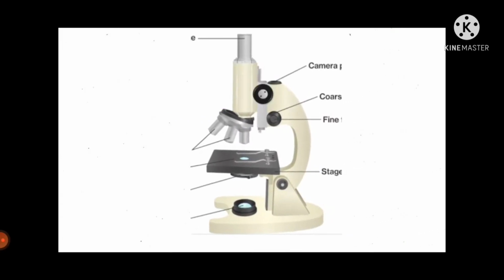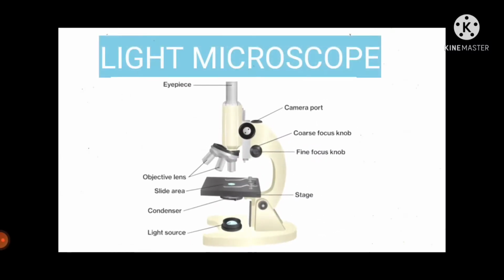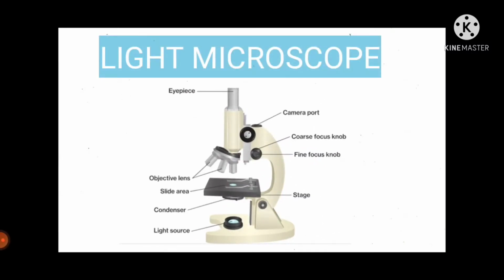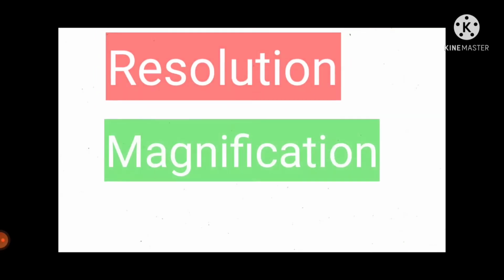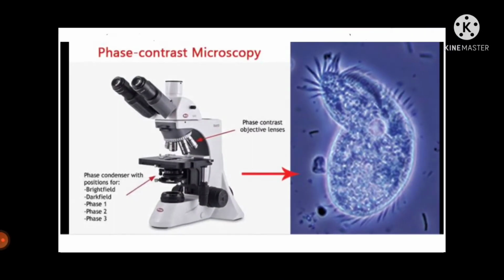Subsequently, many new tools and techniques were invented by cell biologists, about which we will study in detail in this unit. We begin the unit with the light microscope. Here we will learn about the difference between resolving power and magnification, and various cytochemical techniques which are used to study the chemical components and structural organization of the cell. Phase contrast microscopy, an important technique for viewing the live cell, is described.